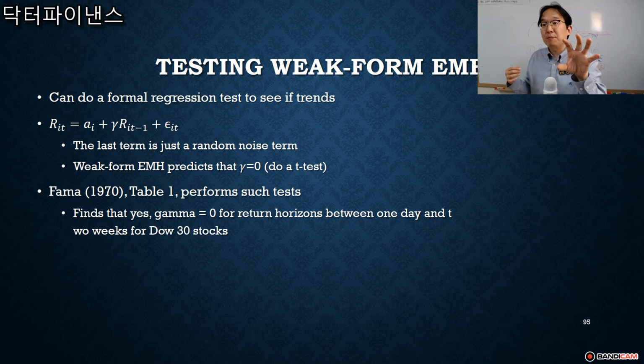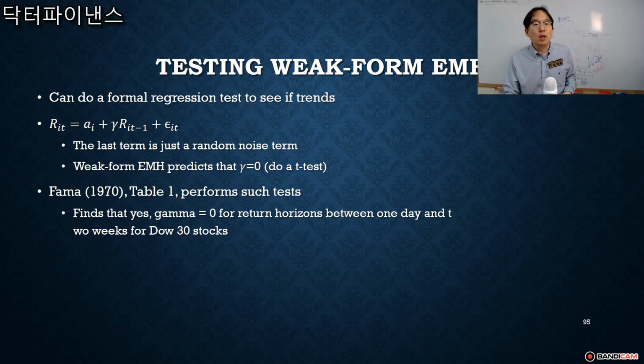The efficient market hypothesis gives you a null hypothesis that says gamma should be equal to 0, whereas the technical analysis guys would say the alternative hypothesis is that gamma is not equal to 0, and that gamma has some predictive power. Gamma should be either positive or negative, something different from 0 if you test it with thousands and millions of data points. That's what they say.